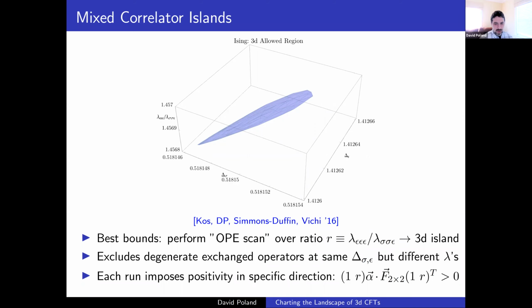One thing that's very helpful to do is to consider the ratio of OPE coefficients, lambda epsilon epsilon epsilon over lambda sigma sigma epsilon. In a theory where there's only a single isolated sigma operator and a single isolated epsilon operator, this ratio will have a unique value. And you can then try to distinguish it from theories where you might have multiple degenerate operators at the same value of delta sigma and delta epsilon,